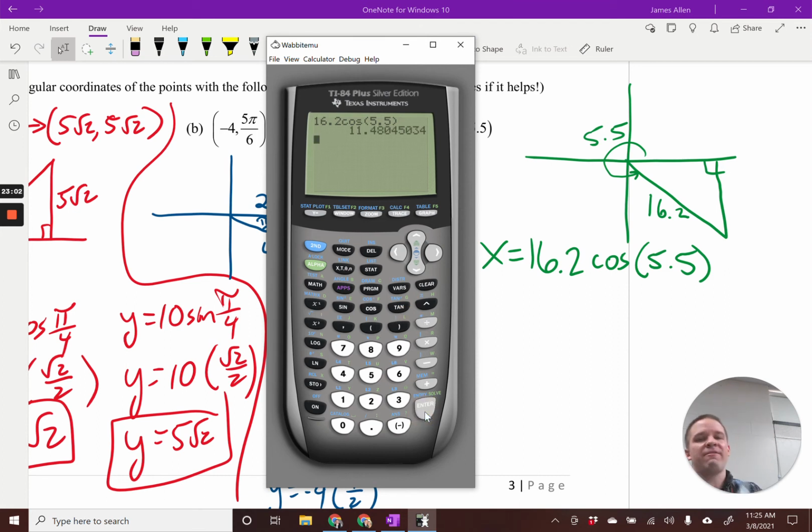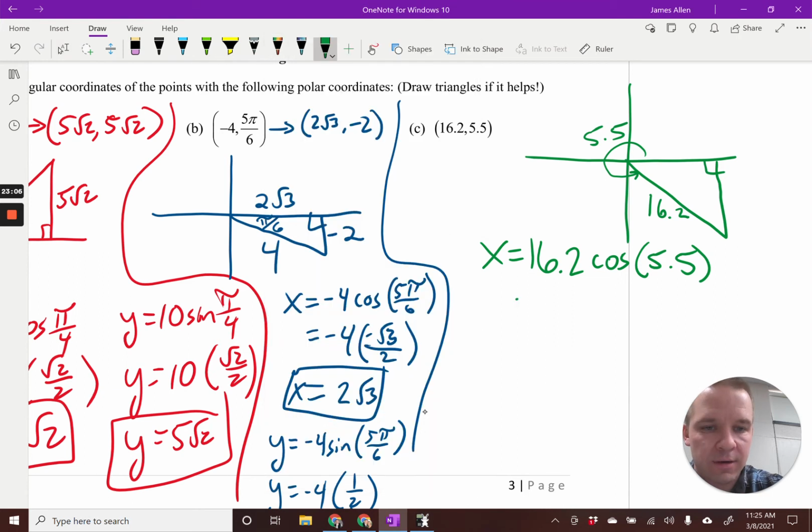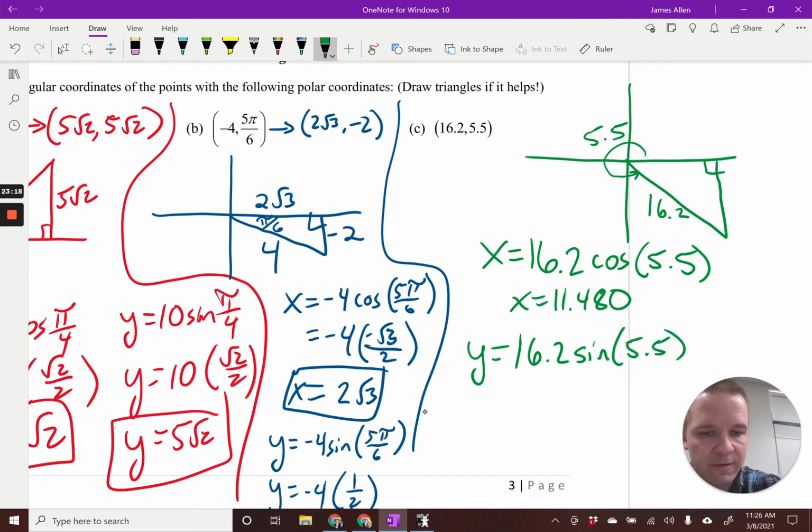I've got 11.480. And then my y coordinate, same idea, 16.2 sine of 5.5, which I've already worked out,